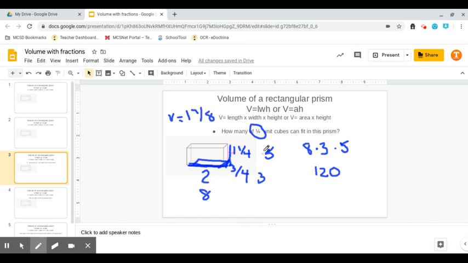So when they're asking how many fractional cubes in there, find out how many of these fractions go in each direction, then multiply them like you're doing volume. Hopefully this helps you,